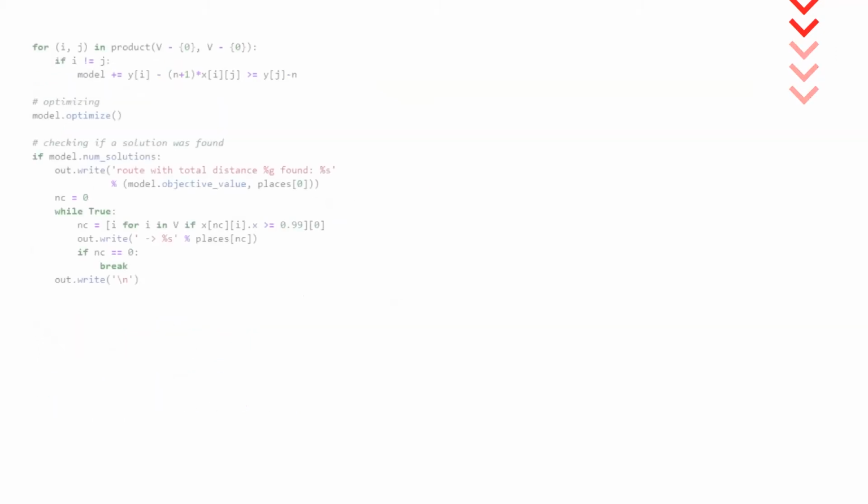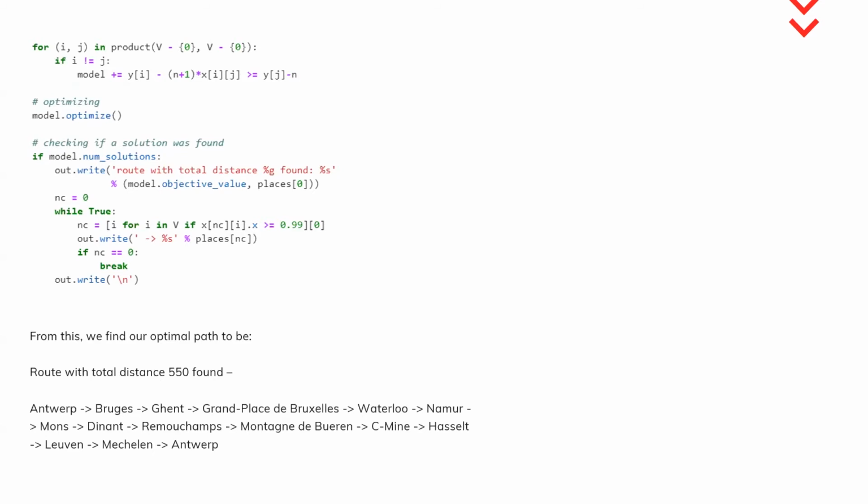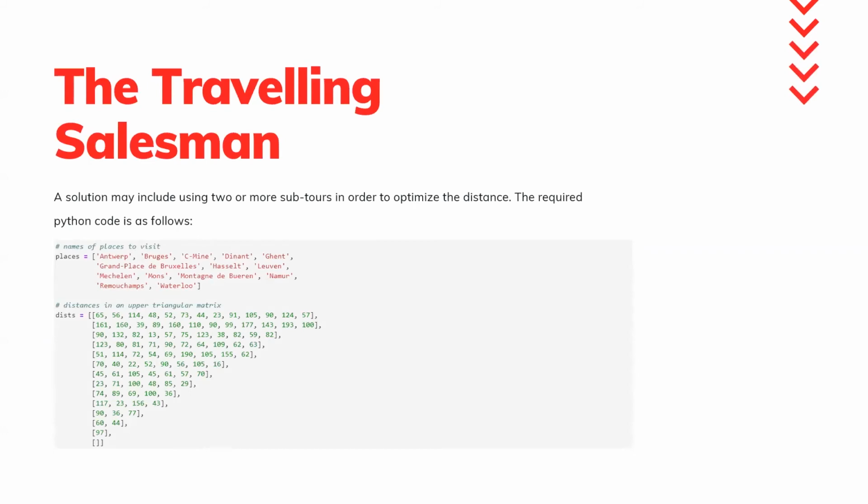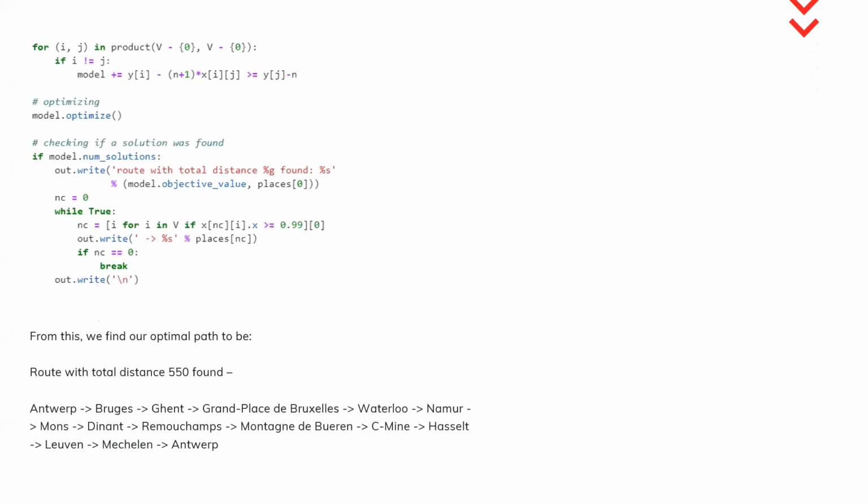So once a solution is found, it produces the output, and this was the optimal path that it found. So given, wait, let me just go back. So given these distances of each city from each other, and they're just random distances, they're not exactly what might be in reality. But given those distances, you could go efficiently from place to place while entering each place once, except Antwerp, because it starts at Antwerp. But if you enter and leave each place once, then the total minimum distance will be 550 units, and this will be the route, the